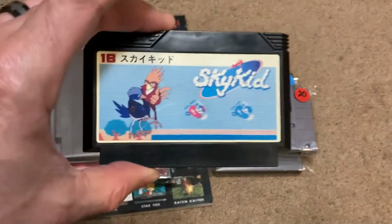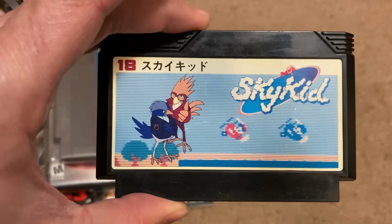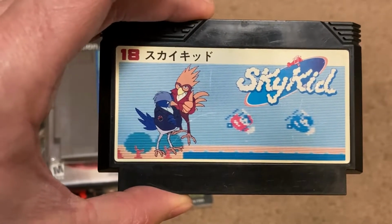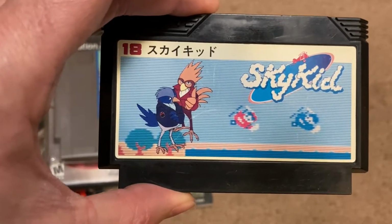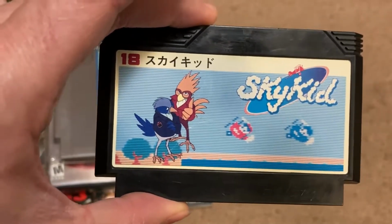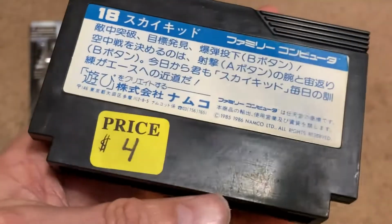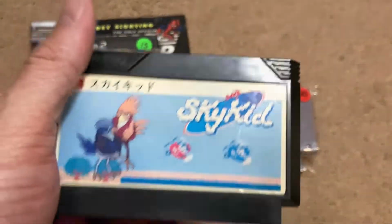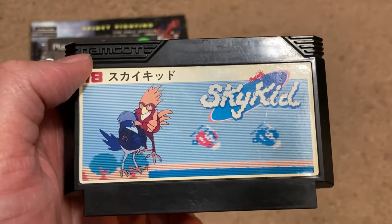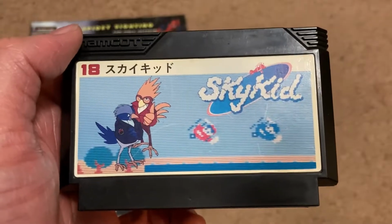Also for Famicom, I just love the art on this one. I very much enjoy Sky Kid, and I saw this art and couldn't pass it up. It was at a low price, so you got the birds on the front here. In the US you have the Red Baron and Blue Max, the characters. So I enjoy the game. Just thought I would add it to the Famicom collection